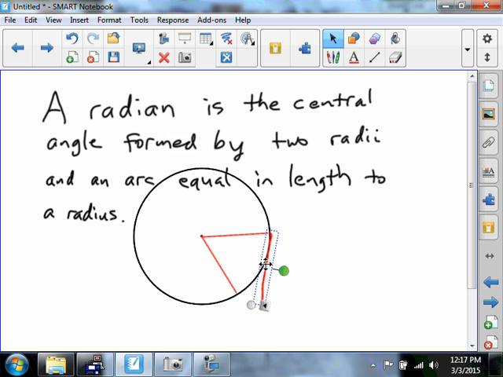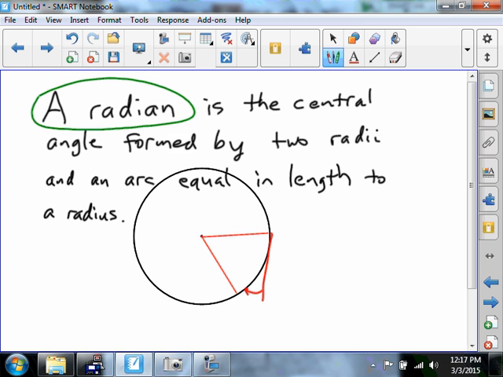But what I need to do is somehow take that thing and fold it, curve it so that it curves around the circle. Does everybody see what I'm doing there? It'd be nice if I had a piece of string I could simulate that. So what we're saying is when we're talking about a radian,